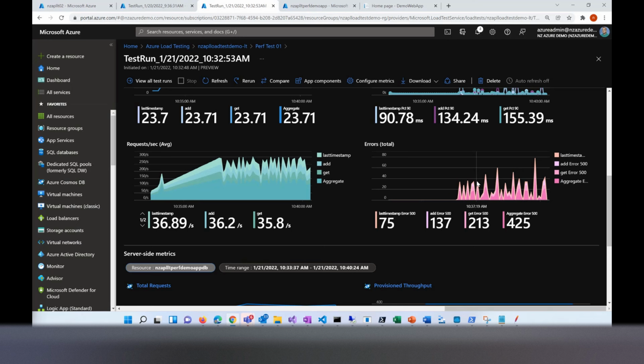That's the capacity of your Cosmos DB. So you either have to increase the capacity or make it elastic, where it can automatically go up and down. Okay. So my point is,